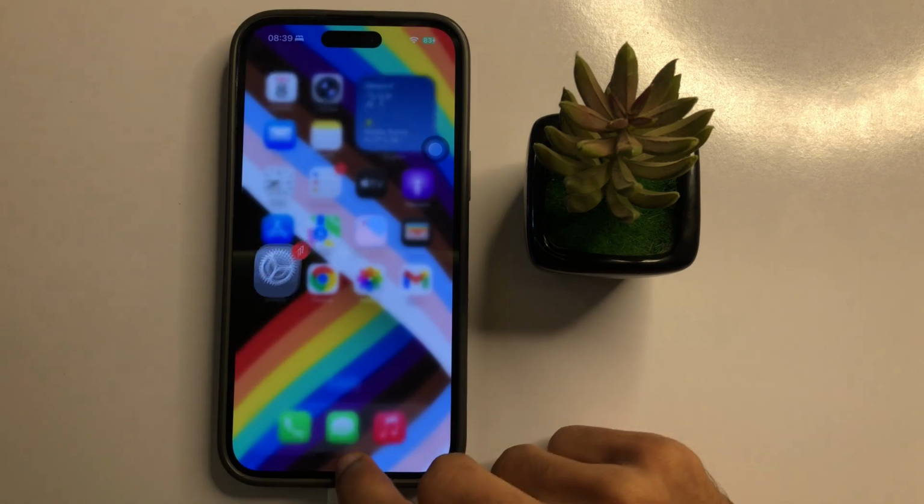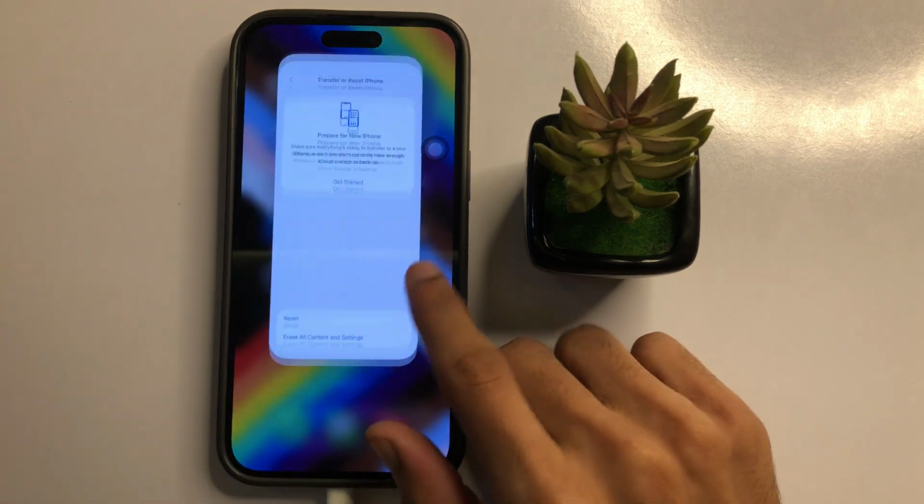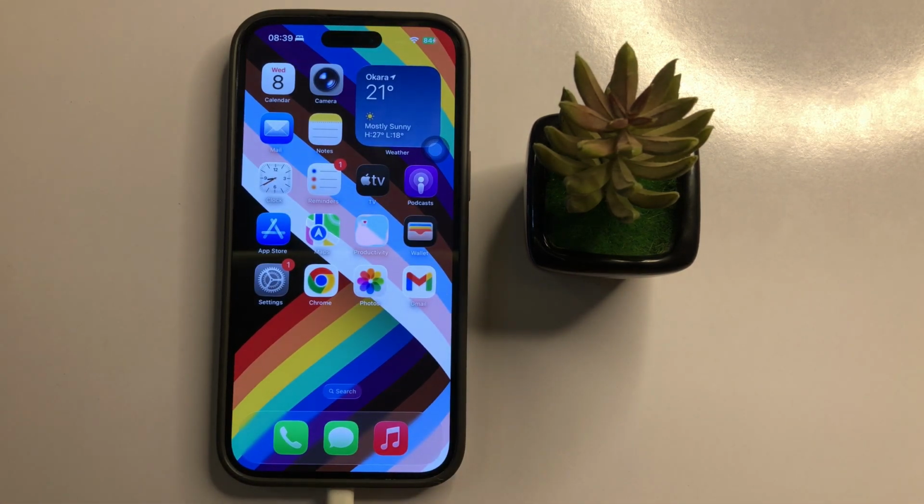After restarting, the phone is refreshed. So that's how you can fix touch screen not working